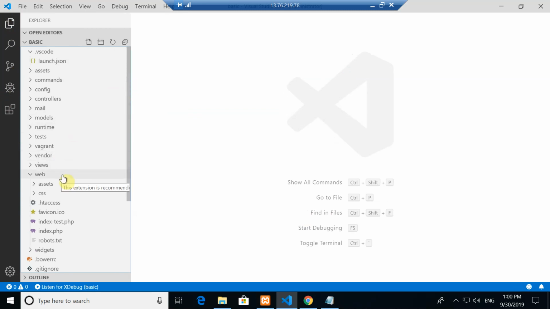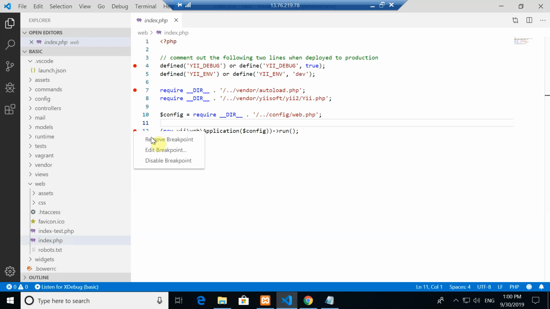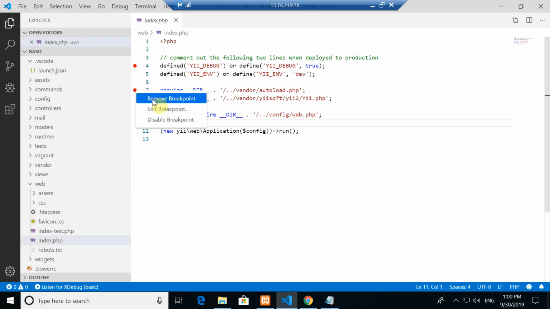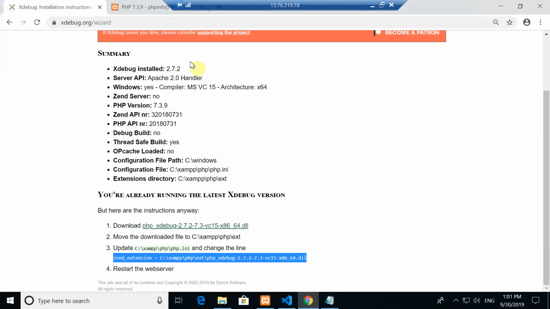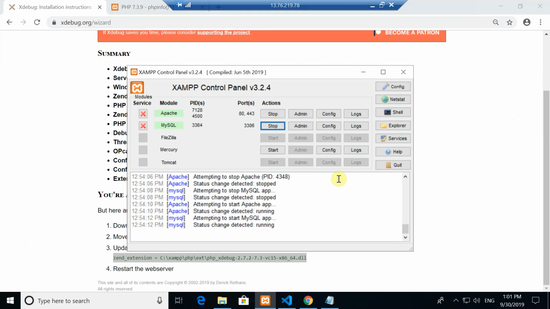What we will do is go to web and then index.php, and then we have these breakpoints. I've created these breakpoints here. I can actually remove these breakpoints and set them again. So I've set this again, and now if we go to localhost and launch our application,